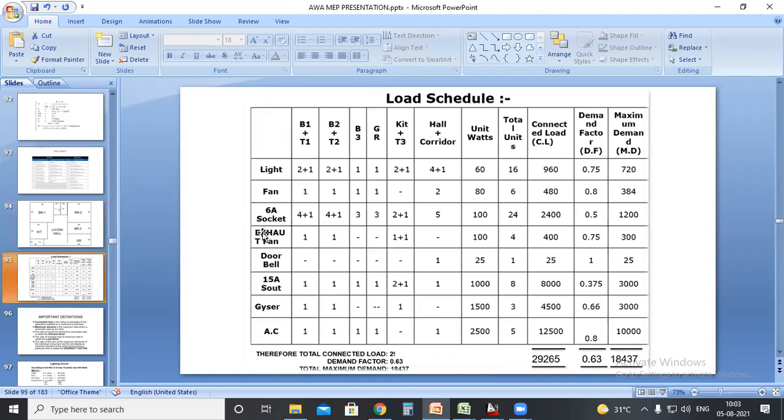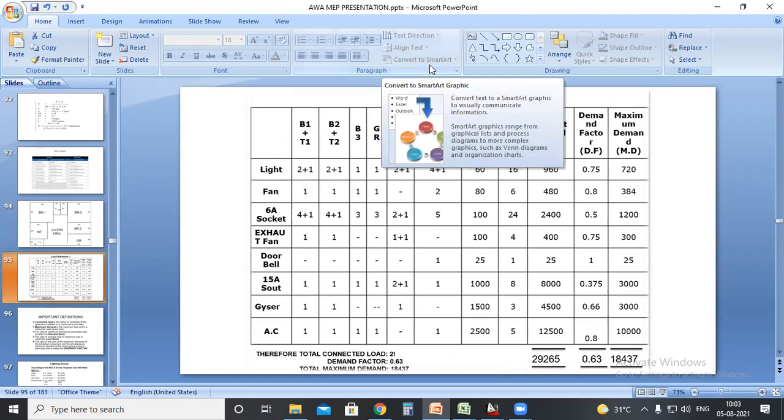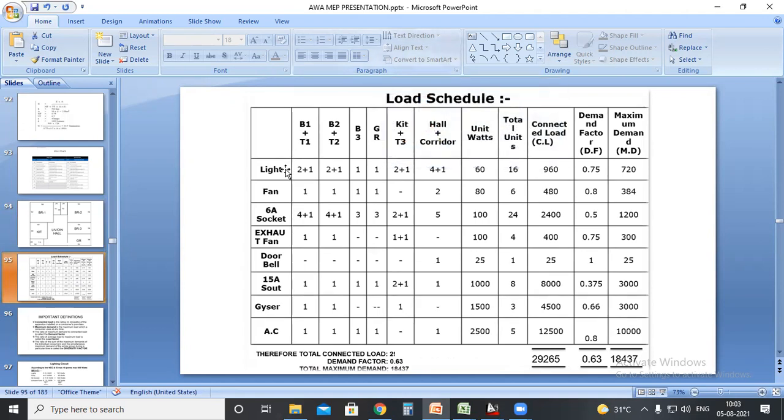for listing it down. If we take an Excel file, we give serial numbers 1, 2, 3, etc., and the first column mentions the equipment details. In this example, you can see light, fan, 6 ampere socket, exhaust fan, doorbell, 15 ampere socket, geyser, air conditioners. And in the next columns, we will be